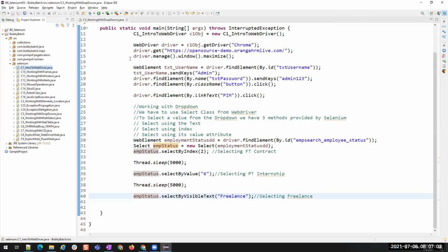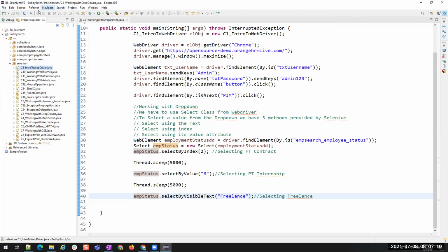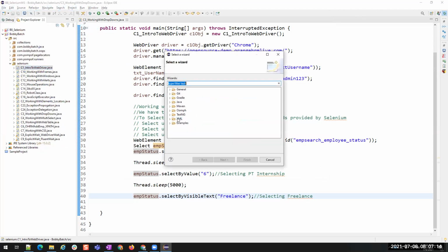So how do you verify whether TestNG is installed in your Eclipse or not? To verify that, go to File, go to New, click on Other. You see here TestNG. If it is not installed, you won't see the TestNG option here. If TestNG is installed, then you will see this TestNG folder here and then the TestNG class option.